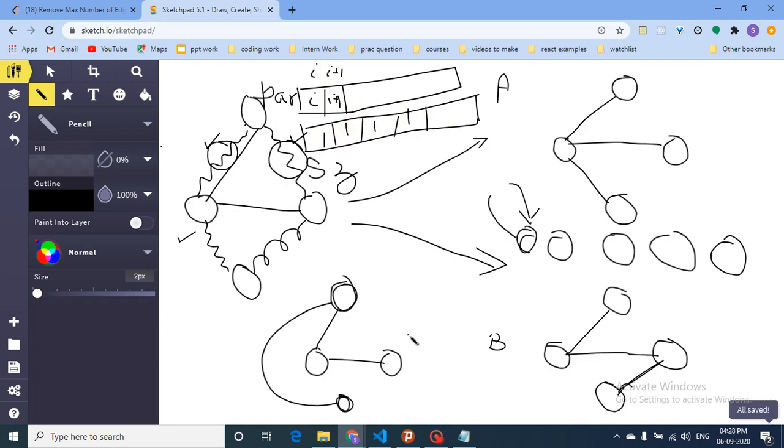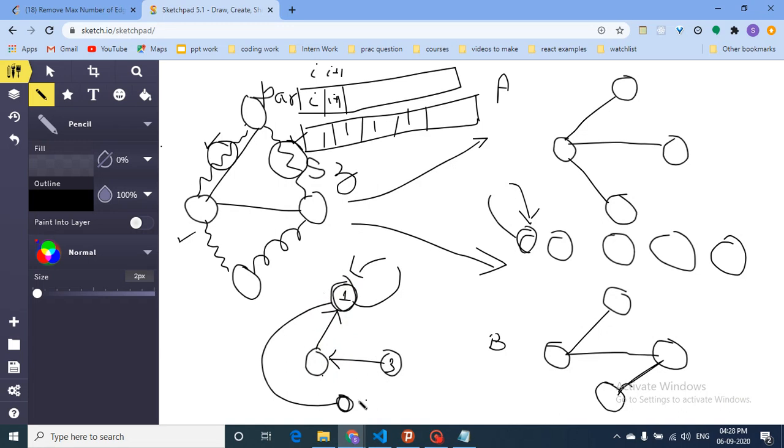Then if I want to find out, okay, what is the parent of 3? As you can see, a root's parent points to itself. If the parent of 3 is 2, the parent of 2 is 1, and the parent of 1 is itself. So you can recursively traverse from one node to its parent. Whether the parent of 3 is 3 itself, no, so go to 2. Whether the parent of 2 is 2 itself, no, so go to 1. The parent of 1 is 1 itself, yes, so 1 is the parent of this component, and the parent of this component will store the size of this component.